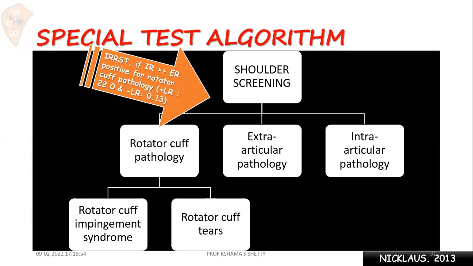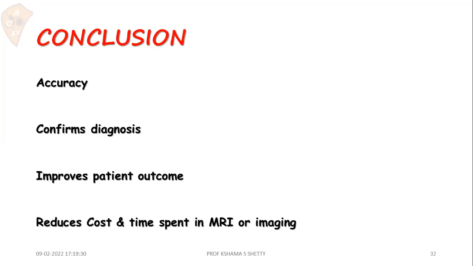This was devised by Nicholas in 2013, where he has very clearly told that the shoulder screening test by internal rotation MMT helps to identify the exact pathology, and doing the test item cluster helps you to accurately diagnose a condition. So you don't have to go to MRI or any other expensive test. You do these things, you get a proper diagnosis, and you start your management and treatment. Fine. Now, coming to a conclusion,